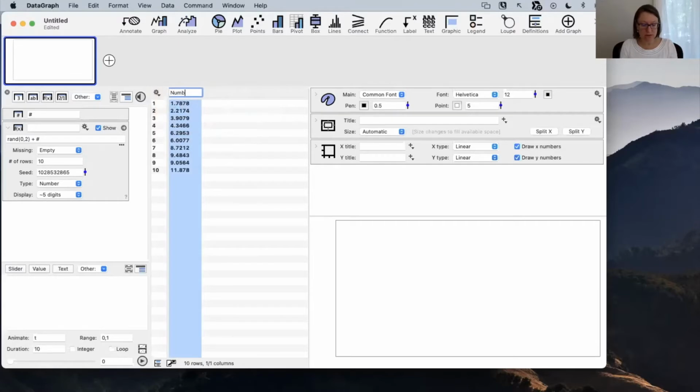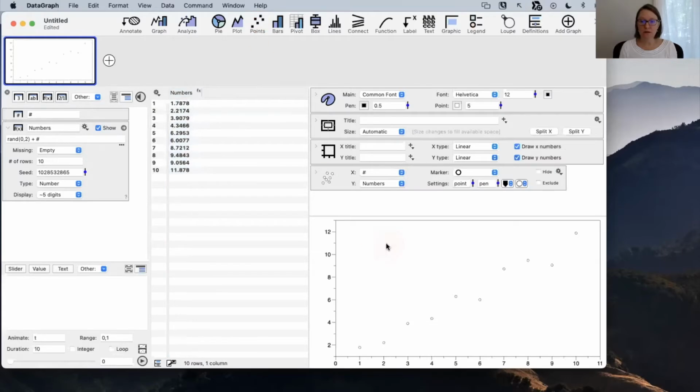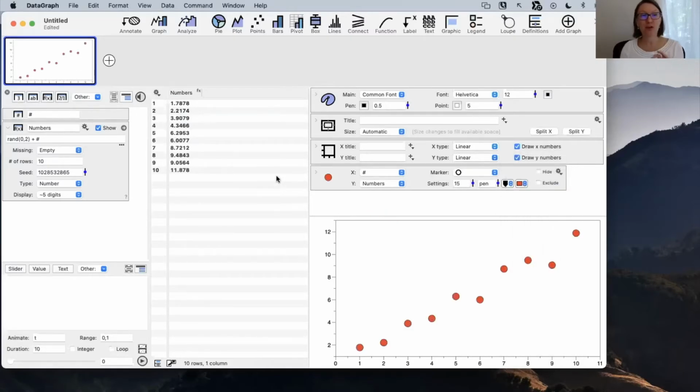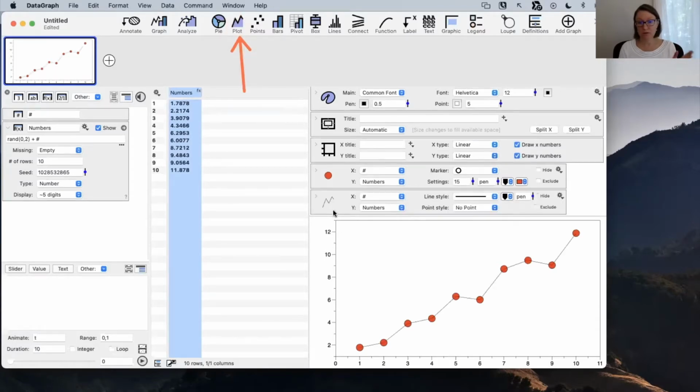I'll just call this numbers, and we'll go ahead and just make a quick plot of this. Let me increase the point size a bit and also give a color. So if you're new, in case this was fast, all I did was click on my number column, and then I clicked the plot icon, actually, I guess I clicked the points icon. We'll do the plot icon too. We can actually do both of them here and overlay those. So we have points, we have a plot,